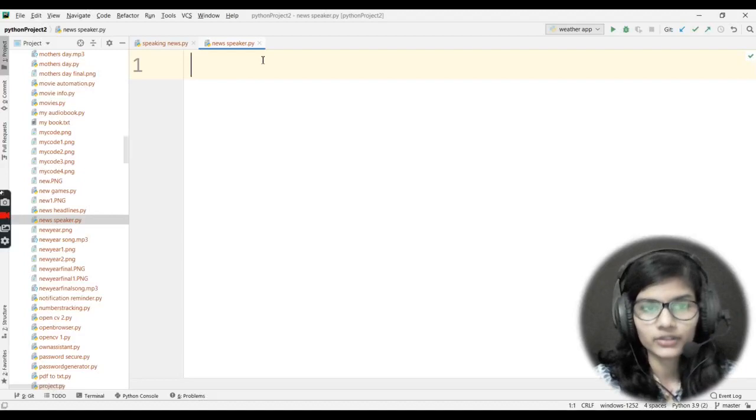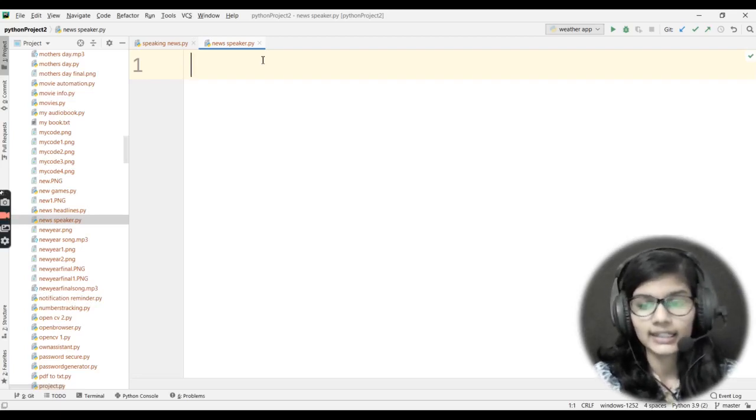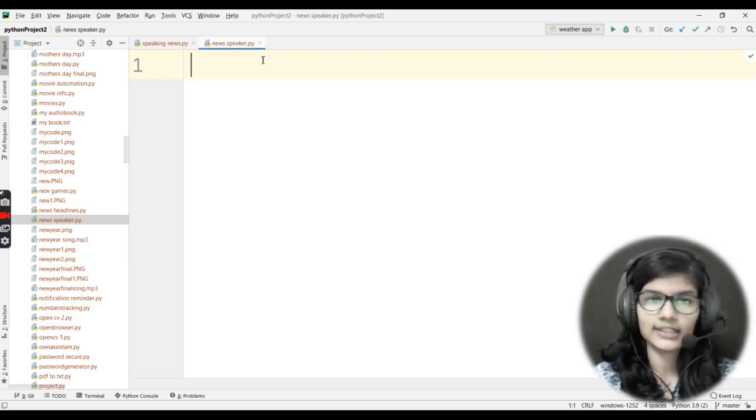So today we'll be making a news app, but what will be the difference in that news app? Basically that news app would be a kind of speaking news. Speaking news means that I would just enter any sentence, and as soon as I let it know that I need to get the news for sports,